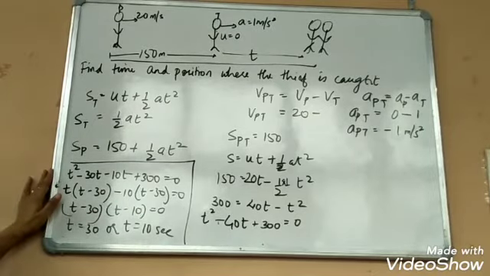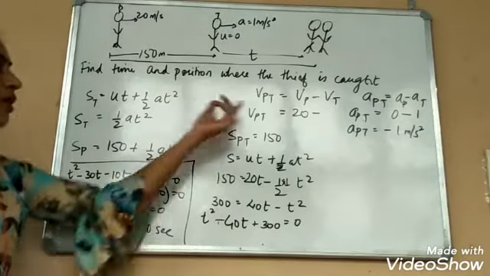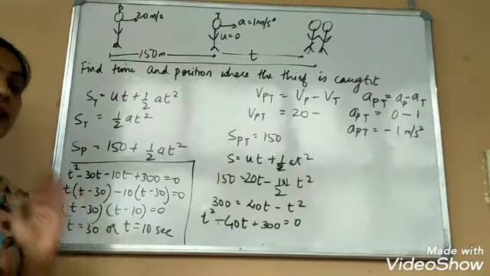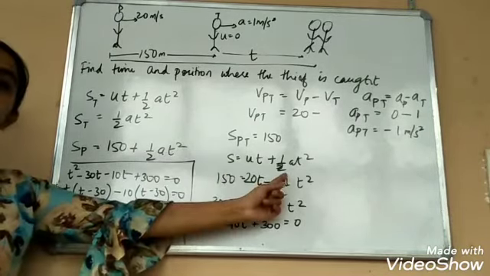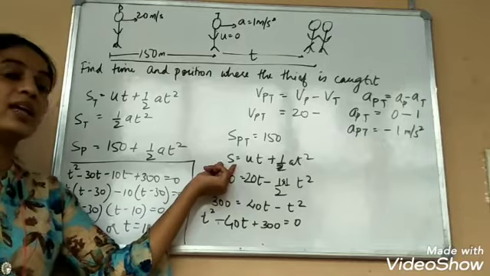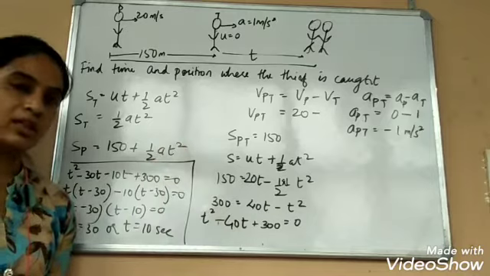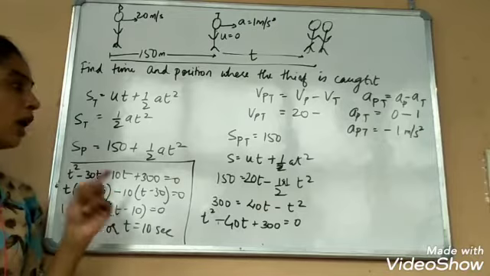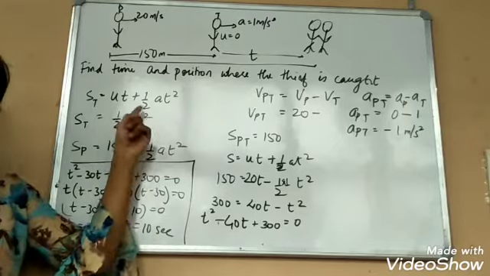You will find a number of problems on police and thief, so please try to attempt them. Only two things you have to remember: relative velocity, acceleration and displacement are relative, while time and distance are not relative. If constant acceleration is given, you can use the three equations of motion. But if you are using an equation of motion with relative terms, then all the terms must be relative, leaving time. And if you are trying to find out for just one person, then you can use that one person's velocity, acceleration, and time.